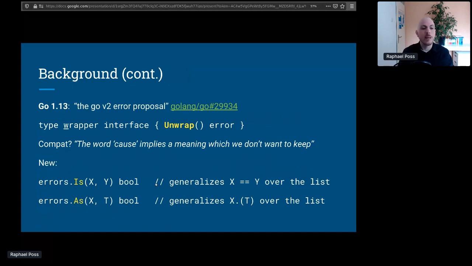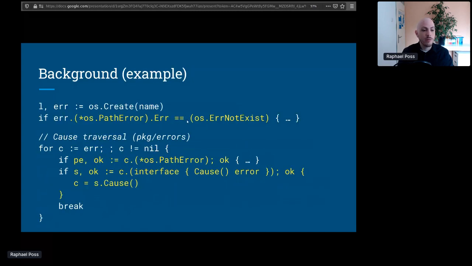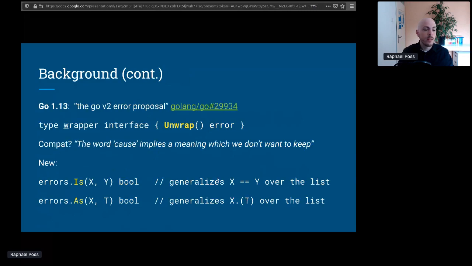There are reasons. The major innovation was to say all these loops we can simplify by having a common implementation of them, and there are at least two functions of interest, the errors.Is and errors.As functions. So errors.Is is a generalization of making a test on an error object like you have here across all the elements of the loop, and errors.As does the generalization of a cast over all elements of the list. So this is very good.